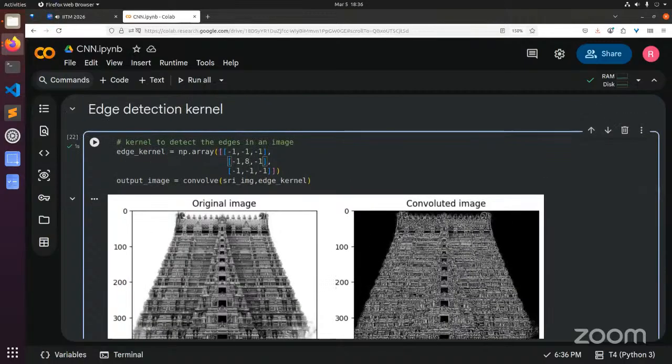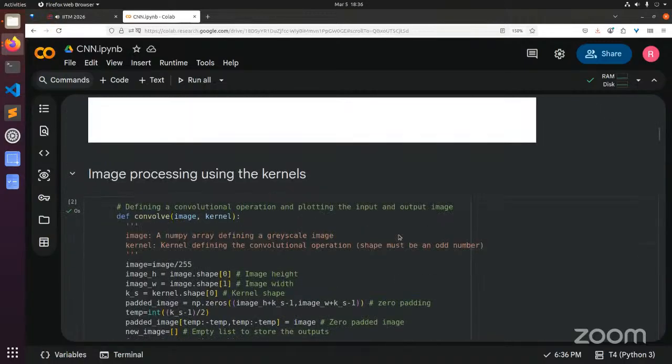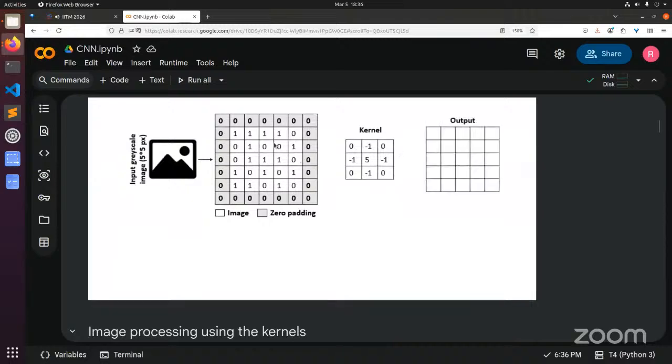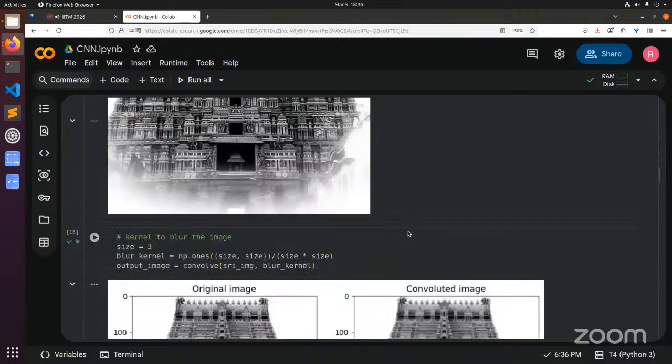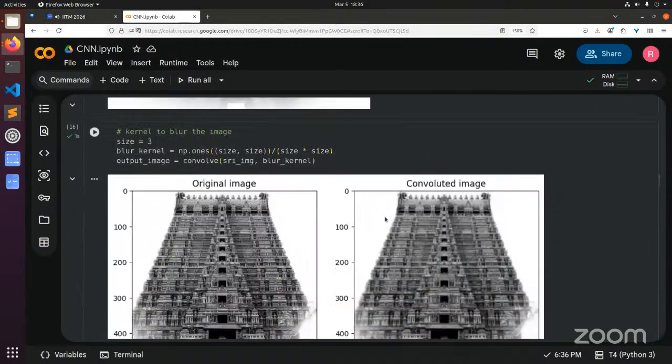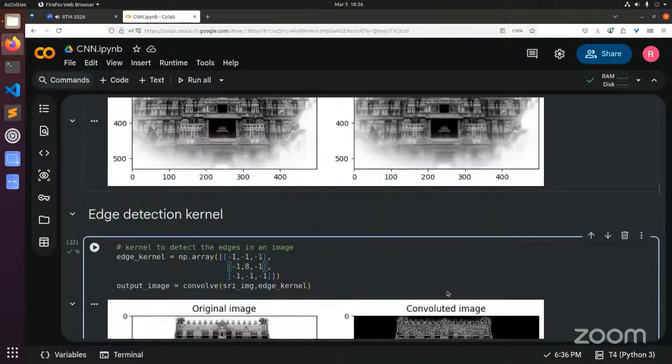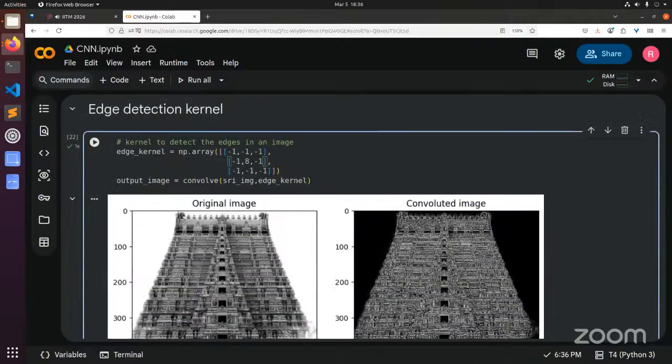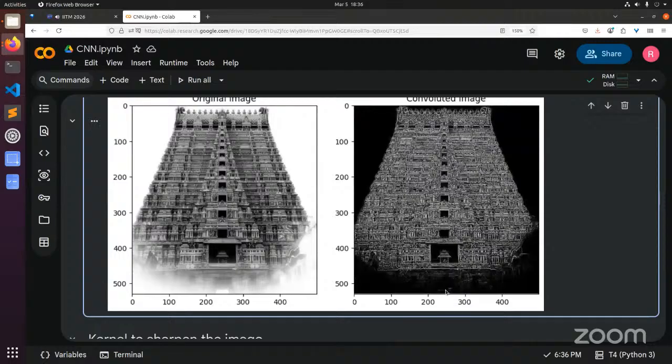We are still doing the convolution. I just wanted you to understand what each kernel does, though. Each kernel has a different effect on the image. We are able to create this blur image. We are also able to detect edges now. Now we will try to